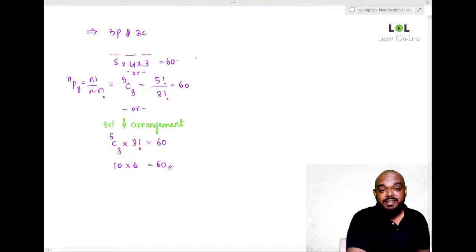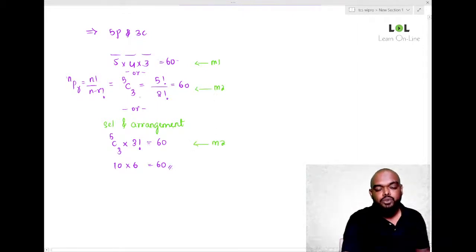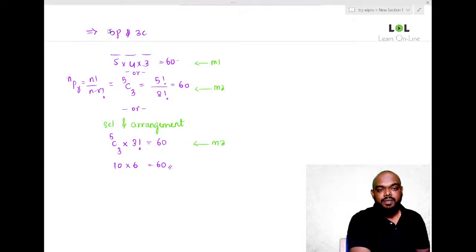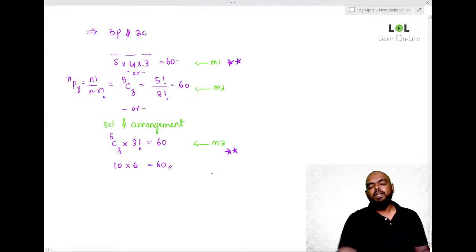3 different ways. So this is method 1, this is method 2, and this is method 3. Now, I will not be using method 2 anywhere. We use either method 1 or method 3. You will understand in the future problems why I am doing that. Okay,